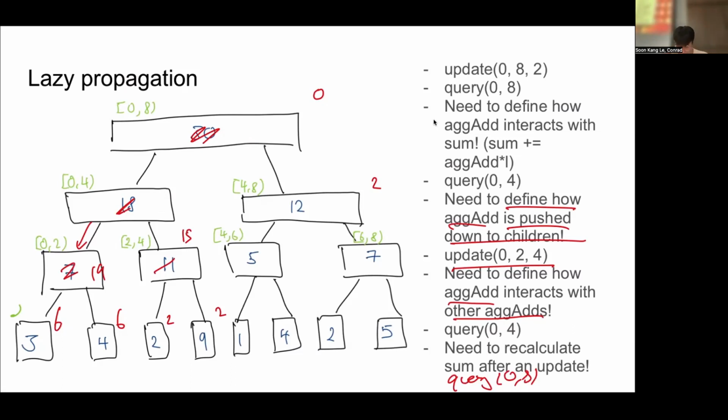Wait, I query 0 to 4. 19 plus 15 is 34. Okay, sorry. Okay, this one was from the original update where I added 0 to 2 to everything. That's 46. That's 46. Oh. Am I stupid? Oh yeah, okay, sorry. But then on top of that, actually I did this update 0 to 4 earlier, right? So it shouldn't be 46. It should be something more than 46, right? So